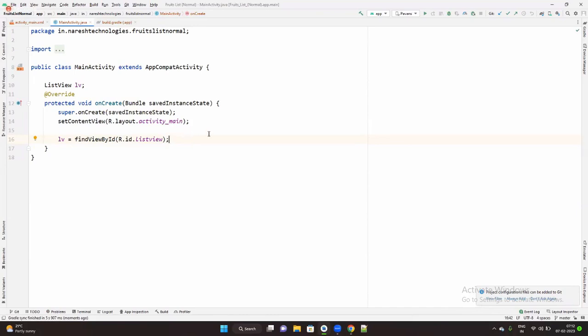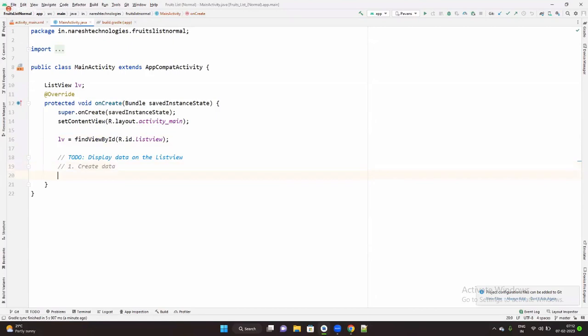Okay, the project is synchronized. Now, what is the to-do? Display data on the list view. Creating a list view and connecting the list view to the actual object is not a big deal. You can easily do it. But how to display data on top of the list view? That is important. So in order to populate data, step 1,